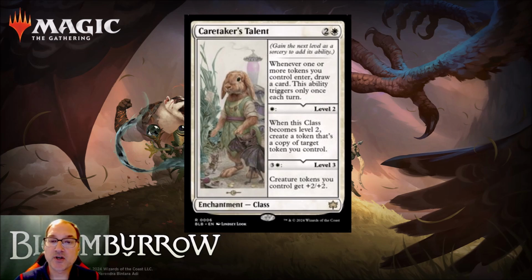But then you can also level it up by paying 1 mana to level 2. And when this class becomes level 2, create a token that's a copy of target token you control. So whatever your best token is, you can now make a copy of that. And for 3 and a white mana, you can move it to level 3, and tokens you control get +2/+2 if they're creatures. So I think, again, on level 1, that's where we want to evaluate this, and everything else